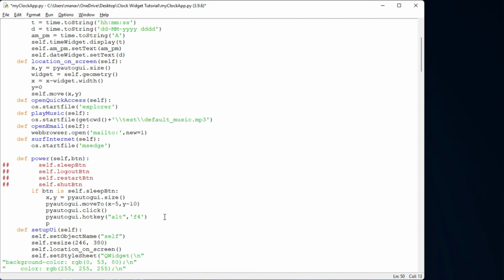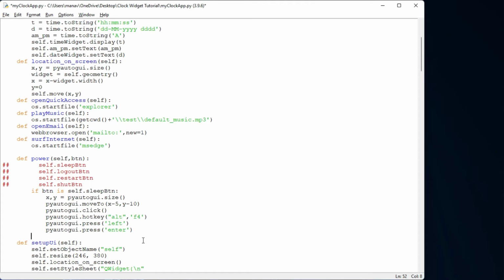For that I'll use PyAutoGUI dot press left. So the left button will be pressed, and now I'll press enter at the last so that the sleep will be triggered. PyAutoGUI dot press enter. Right, so this is done here, and my computer will be in sleeping mode.